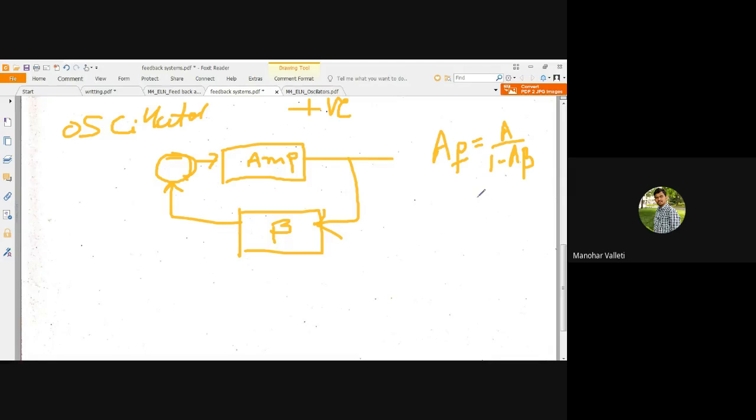So the resultant, if let us say A equal to 10, 10 divided by 0.1, you will get 100, right? Means if the amplifier is having a gain 10, if you employ positive feedback, then the resultant gain increases drastically like this. That makes the output unstable. But this property we will use to create an oscillator. These unstable oscillations we will use to create oscillations.